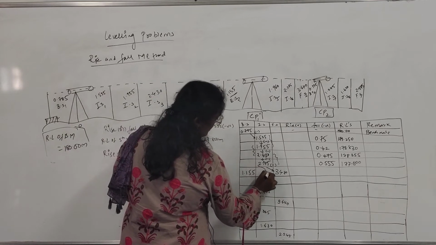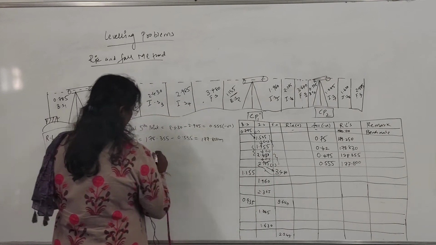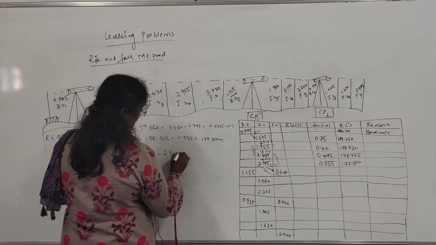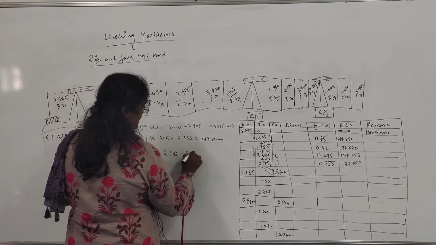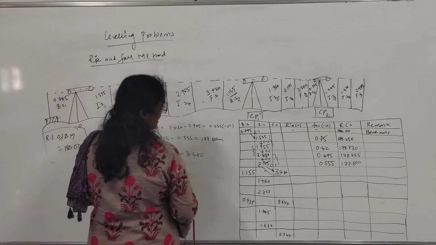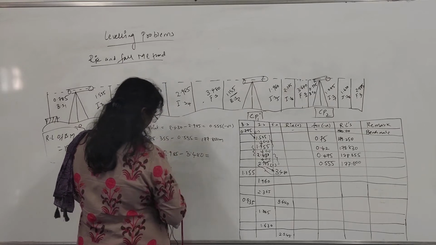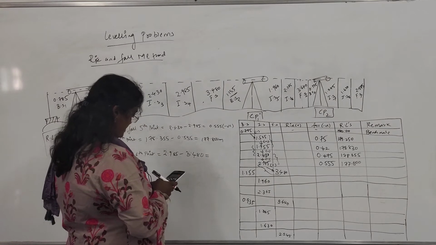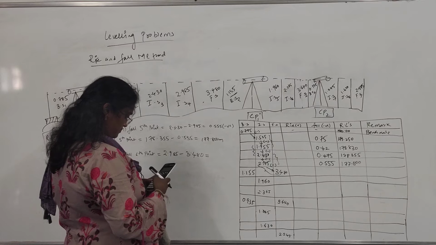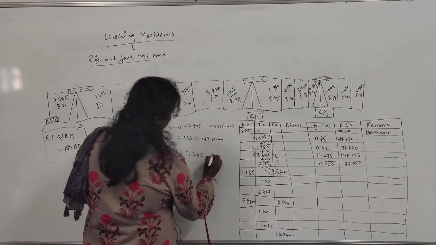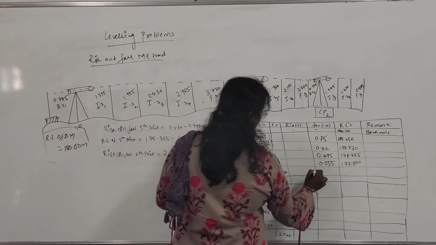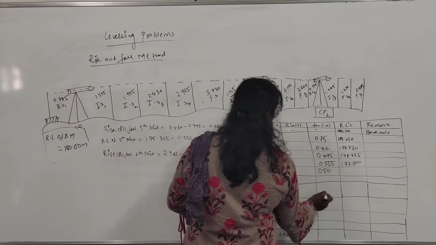right? So what will be the sixth point here? Now the sixth point will be between this, right? 2.985 minus 3.480, right? So what will be the value here? Again, lesser value minus higher value, right? 0.50 negative, right? Again it is under fall, right?